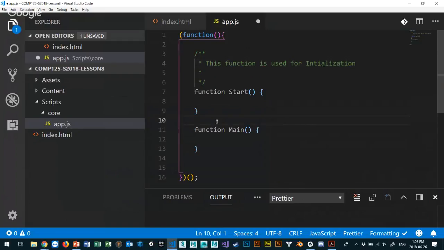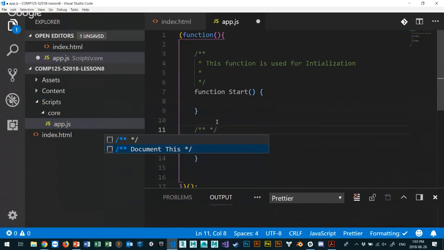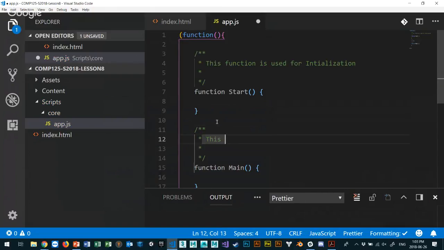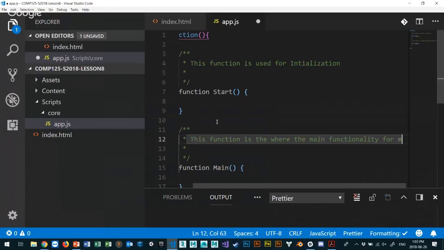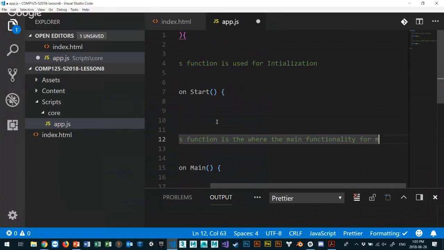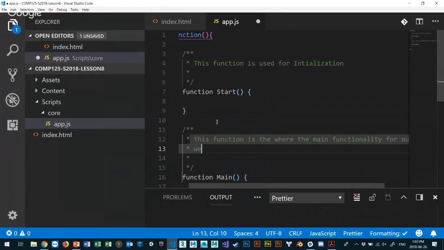Okay, and this function is where all the fun happens, right? So this function is where all my functionality for my code goes through. So this function is where the main functionality for my app or our web app